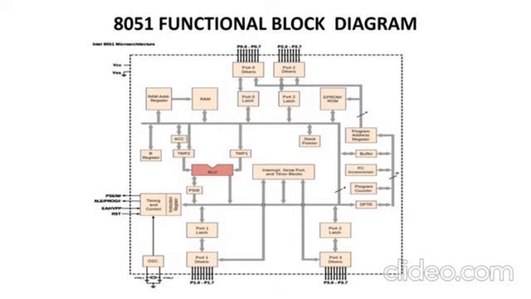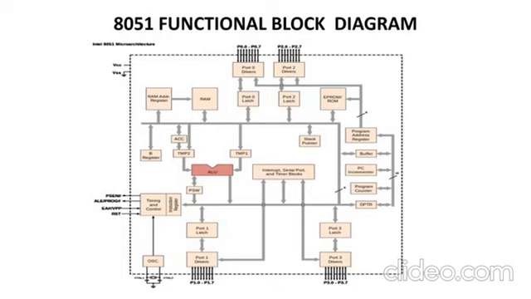Internally, what is there in that? That is nothing but your functional block diagram. Internally, what all will you have? I said we have RAM, ROM, and then we have 4 ports. This can be easily seen here. First we will draw the ALU, the arithmetic and logical unit, and generally temporary register 1 and temporary register 2 are integrated with this ALU itself.